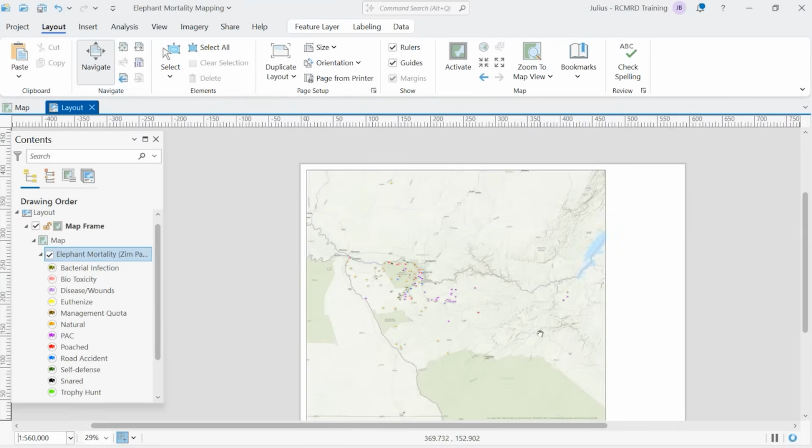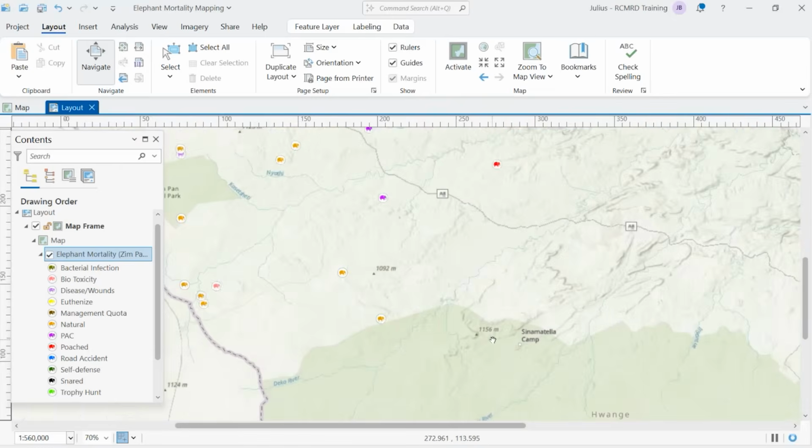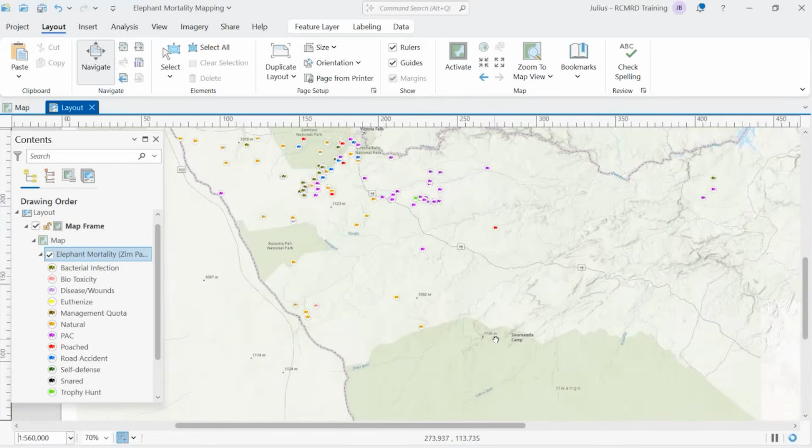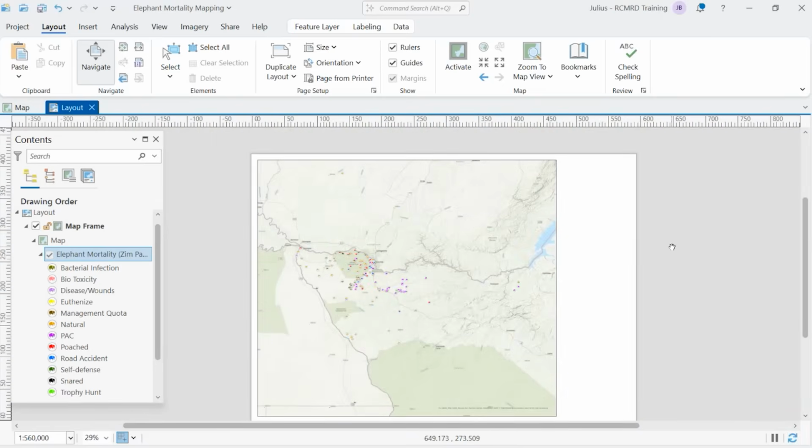Now, if you look at this map, you'll not understand. Of course, you can understand which area we are representing based on the names that are appearing. But I want us to put there an inset map. An inset map is a map that will quickly help the users to understand the geographical coverage of the area. So to insert an